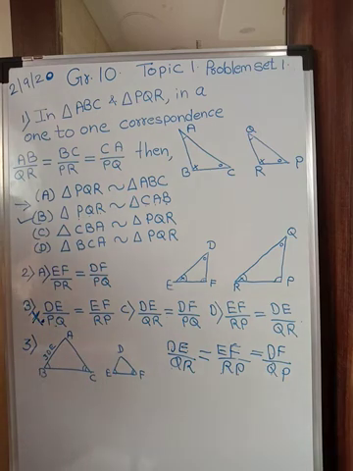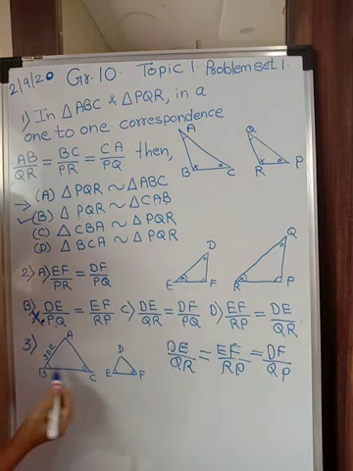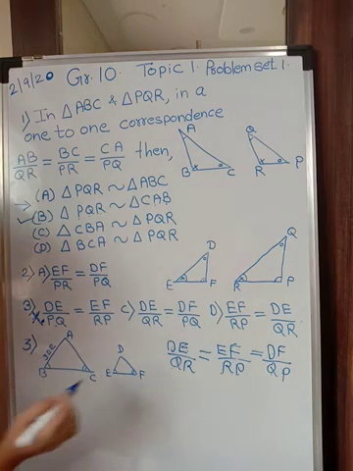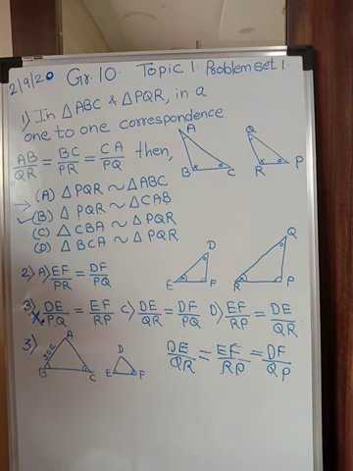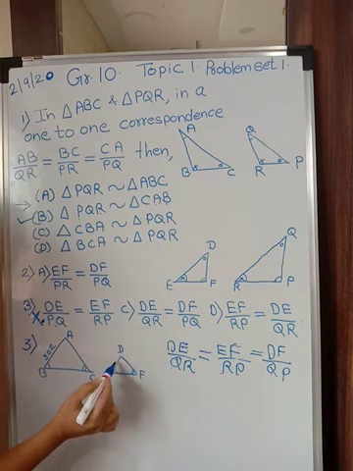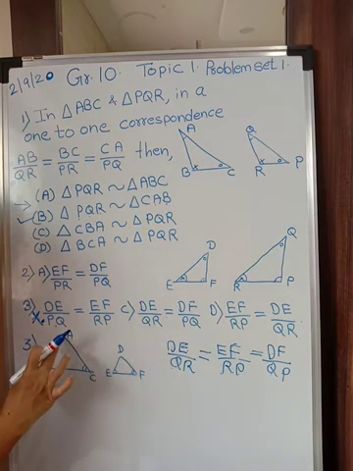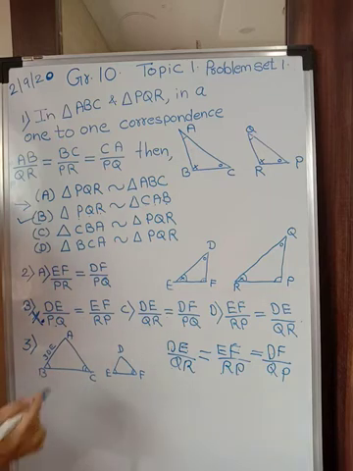Now look at the third question. Third question says, in triangle ABC and DEF, angle B is equal to E, angle C is equal to F, and AB is given as 3 times of DE. So this 3 times becomes AB. Now the question is regarding which of the statements regarding the two triangles is true. It is about similarity and congruent, to be congruent and to be similar.